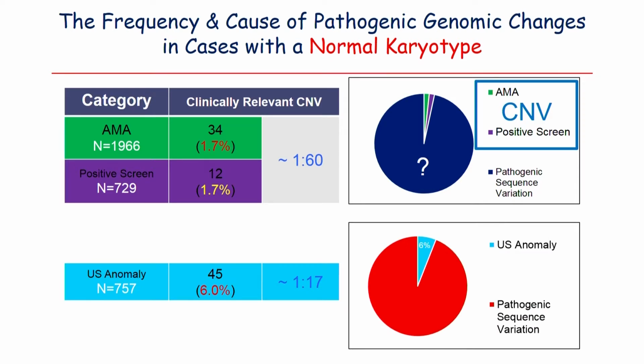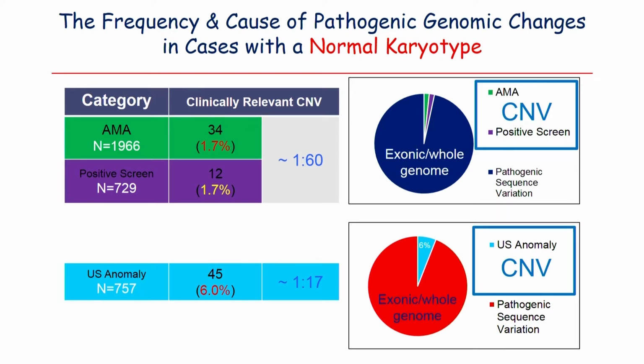And then we look at ultrasound anomalies and we see that that accounts for about 6%. But what you see is a large section missing. And what's happening is we're starting to fill in the pie in terms of the diagnostic yield by turning and looking at sequence variation. And this is either going to be done by exonic, which is primarily most of the studies. I'm going to give you some of our data, and then Lynn Chitty is going to talk about the UK